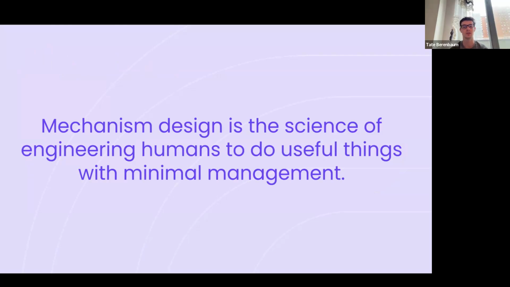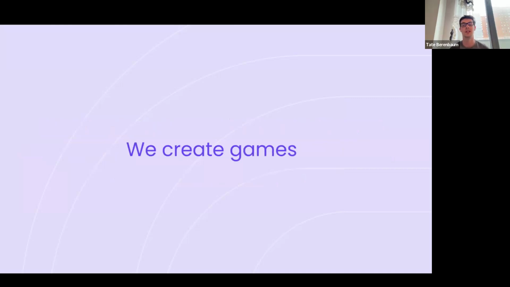I think that's an interesting definition because it accounts for a very broad scope of what mechanism design can be used for in humanity, but also it takes into account the idea of game theory, which exists at the intersection between psychology and economics as a way to predict human behavior. Mechanism design is essentially taking game theory and creating games to incentivize humans to do certain things without needing to have some type of management, because it relies on self-interested parties acting in their own self-interests.